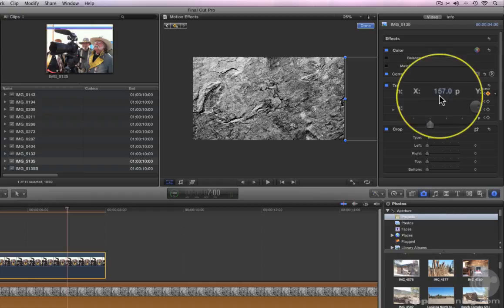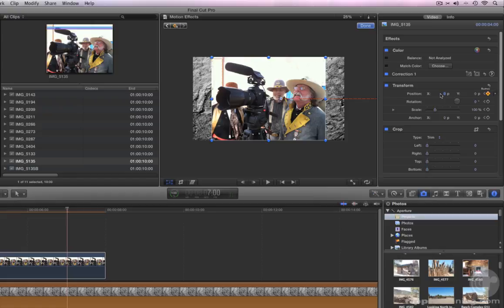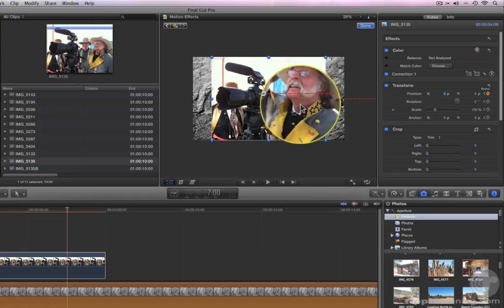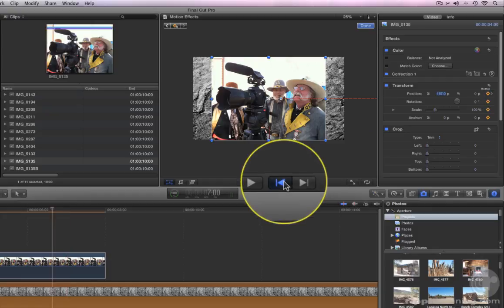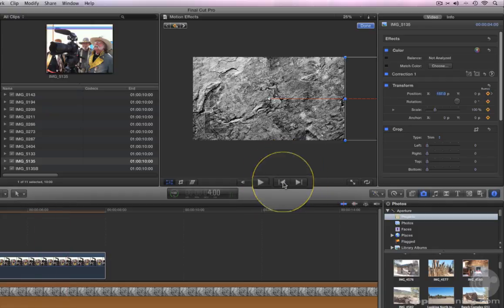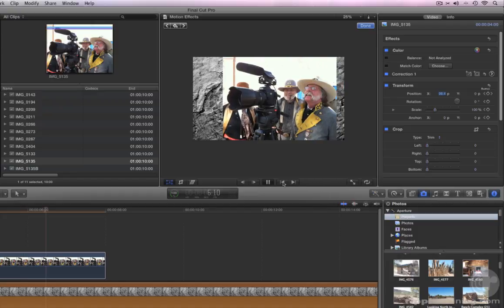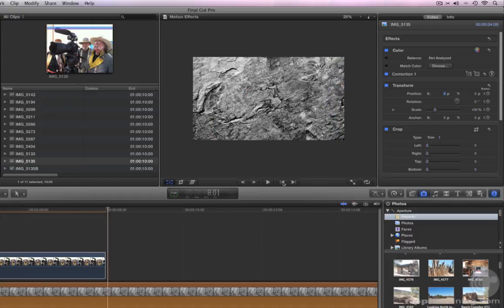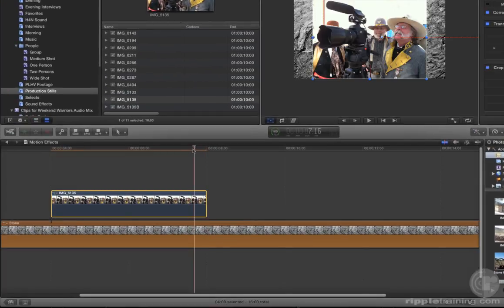Enter 0 in the X position input field and press Return. In the viewer, a dashed red line appears to indicate the animation path or trajectory. Click the Previous Edit button at the bottom of the viewer to return the playhead to the beginning of the clip and play back the animation. Very nice. To view the keyframes you created on the clip itself, make sure the clip is selected, then press